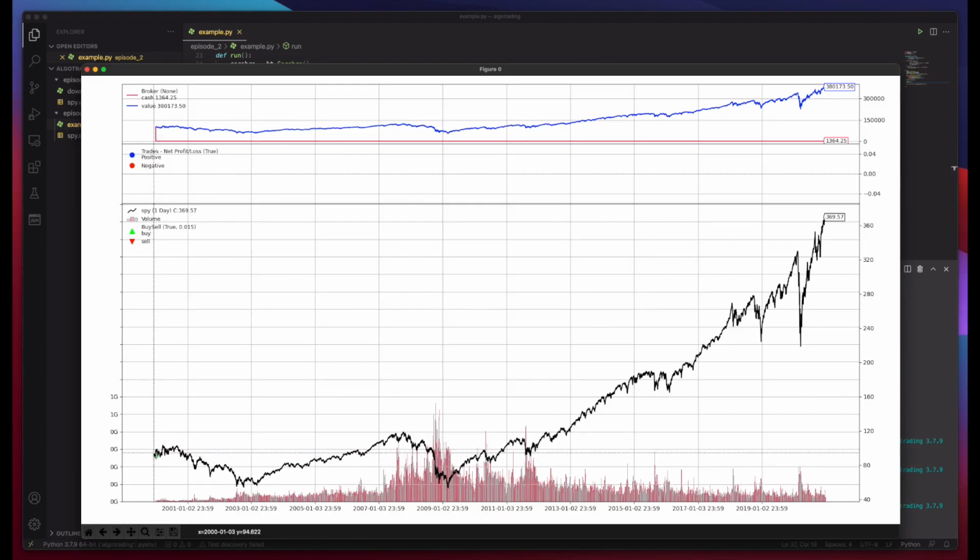Here we can see the data from January 2000 all the way to December 2020, and as you can see here, this green means that we had a buy order at this point when we started processing our data, and we just hold all the way through 2020, and our portfolio valuation is